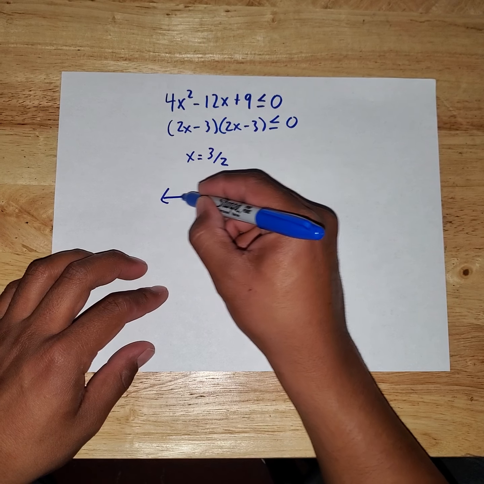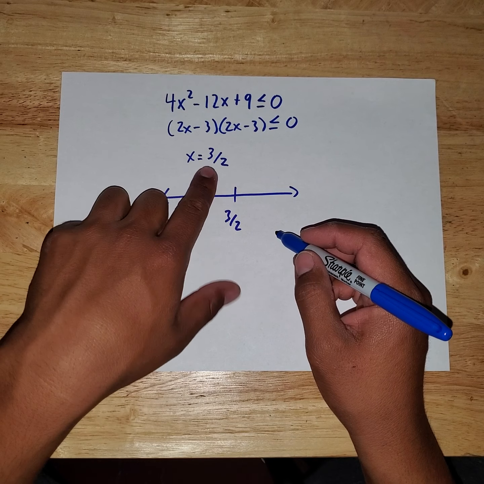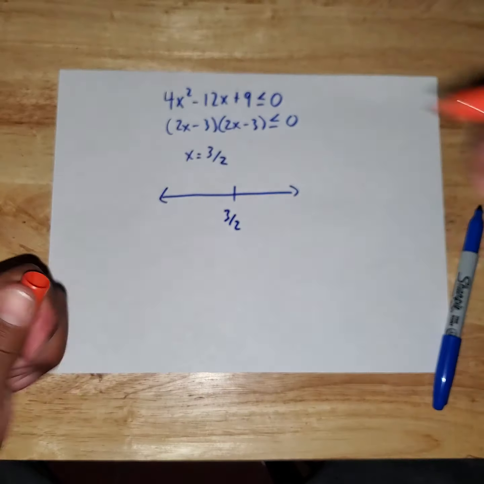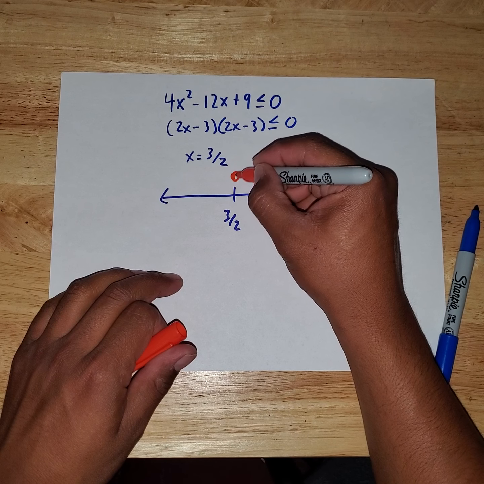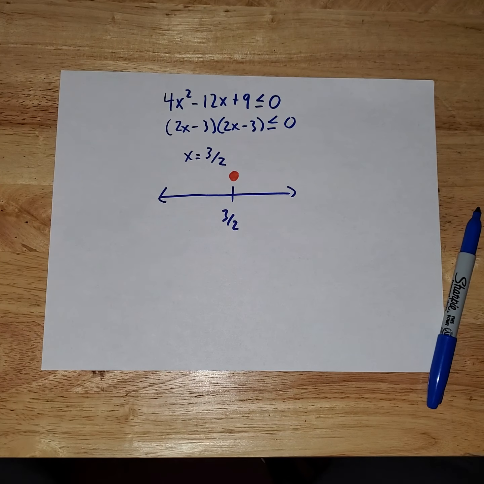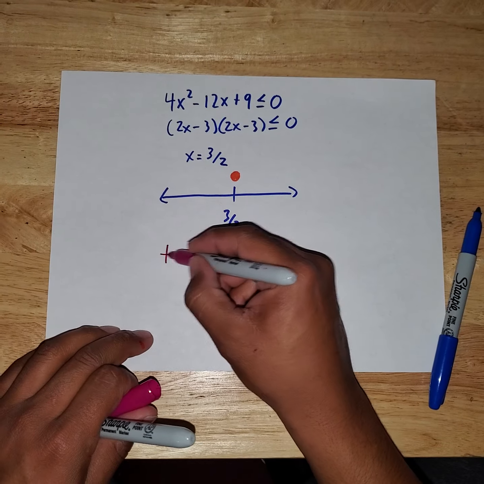And that means we only have one number to reference. And that's perfectly okay. Since that means we have equal to, that means we'll have a closed circle at this 0. Because if you add 3, divide by 2, you'll get 3 over 2. But then when I look at my test points,